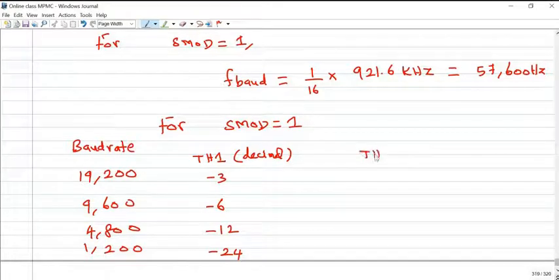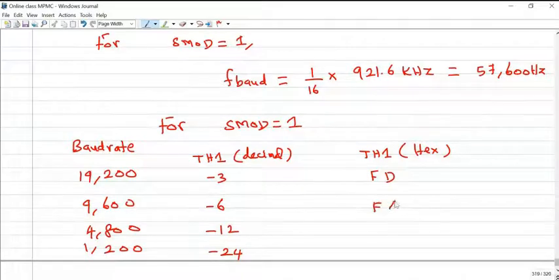The value to be loaded in the TH1 register in hex is FD, FA, F4, E8. Okay. So this is the baud rate when SMOD equals 1.